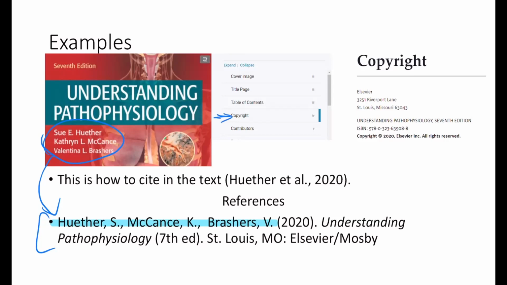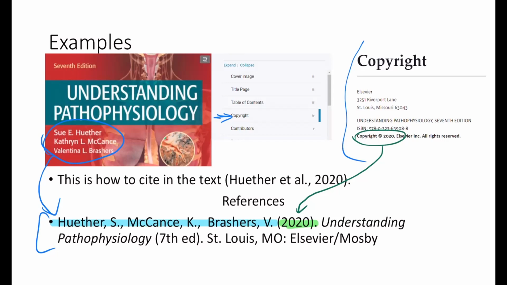If it's a hard copy of a book, usually it's inside the cover or within the first few pages, you'll see this copyright information here. What you're going to look for is the year that it's copyrighted or the year that it's published, and that's going to go right down there.